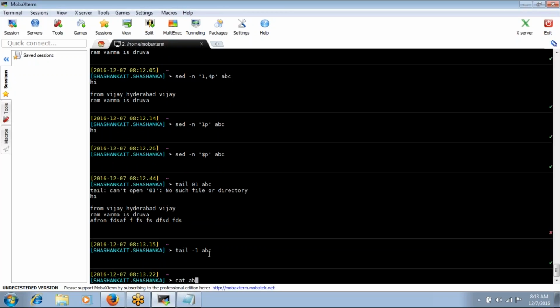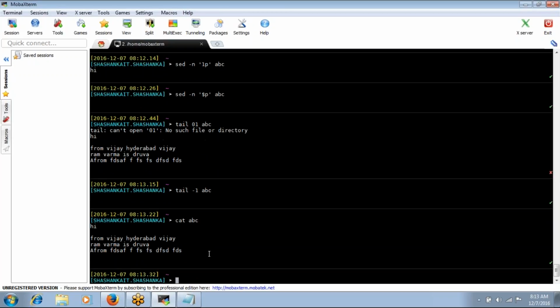Suppose this is your file. If you want to delete a particular line, you can delete it, but it will not delete anything from your actual file. It will only show the output if you execute this command. If you want to replace something, how will my output be? It will show it. If I delete a particular line, how will my output be? It will just show it. In your actual file, it is not going to delete.